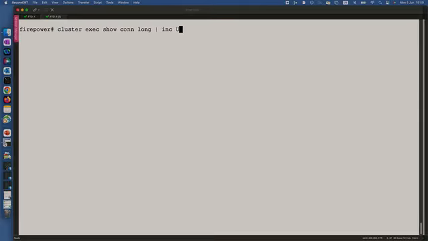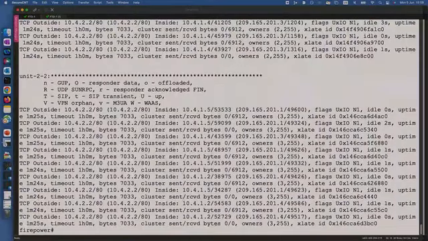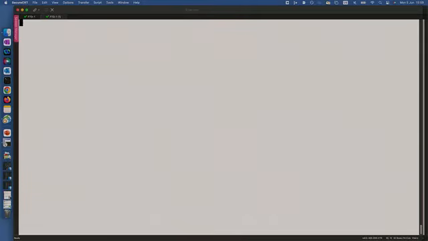So I will leave the command running, and let me enable here the server. Just 1 minute. And I will run the command again. I'm going to clear a screen here,